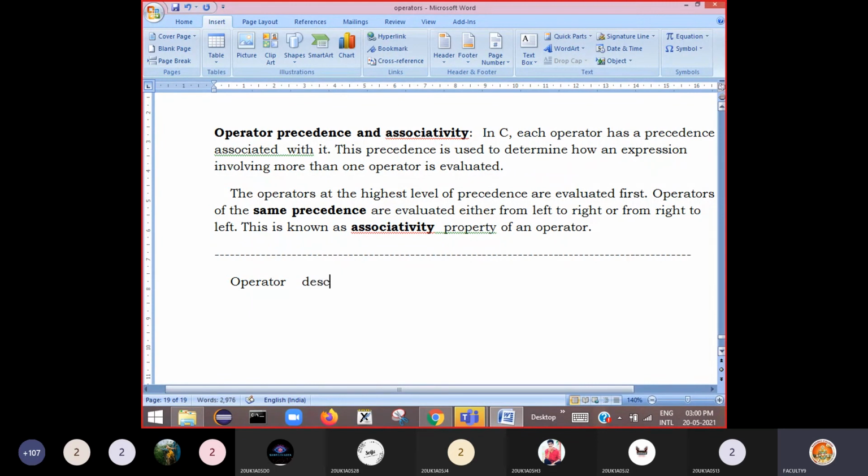Then you can see the operator description also I am mentioning here, then associativity, and finally precedence. For each precedence I am showing numbers. Precedence means priority. Priority 1 means highest.